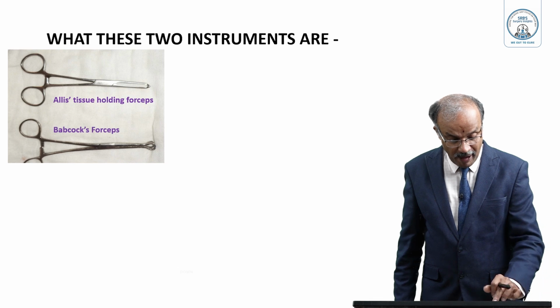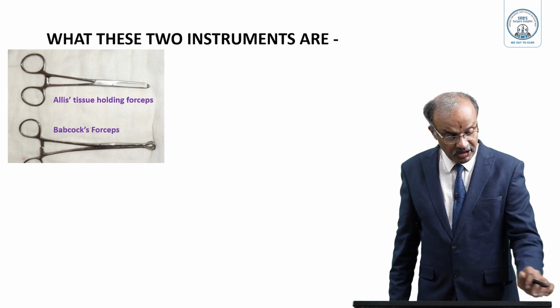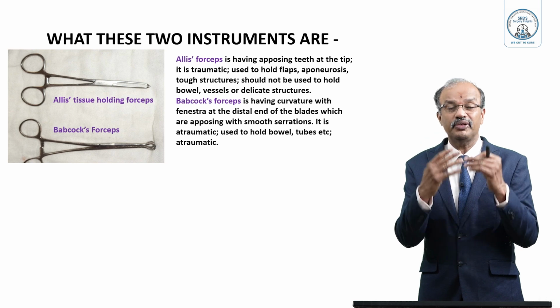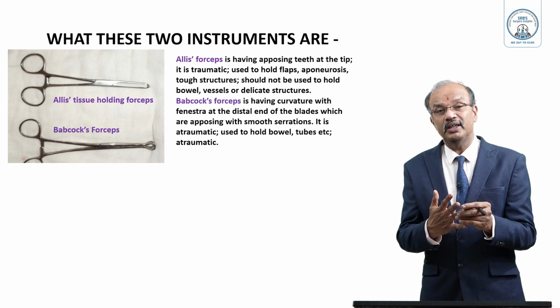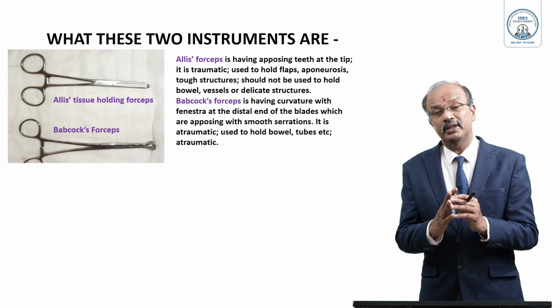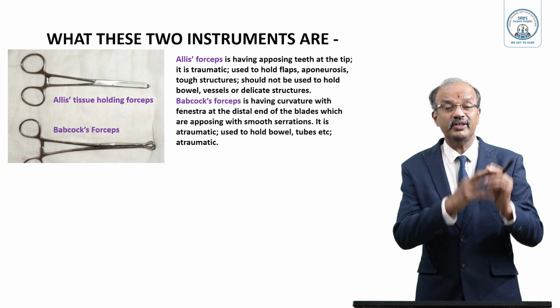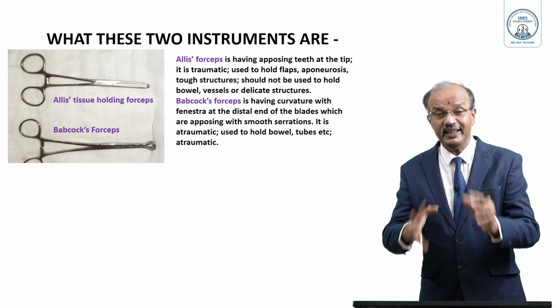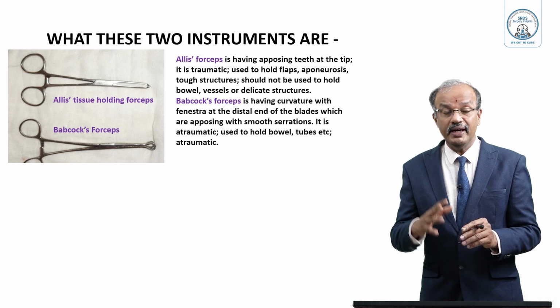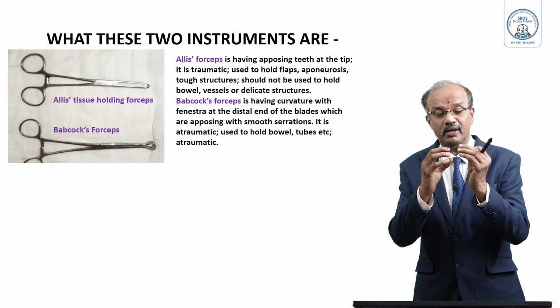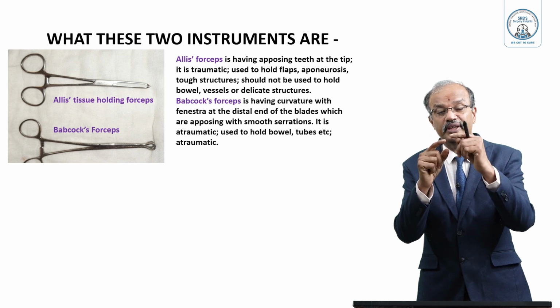And this is Babcock's forceps. Now this is mainly used in racing, holding the flaps, rough structures, aponeurosis. It's traumatic, remember. So it should not be used to hold bowel, nerves, vessels, soft tissues, where there are delicate structures, because it will cause trauma. Whereas Babcock's forceps has a curvature over the tip, and with this triangular